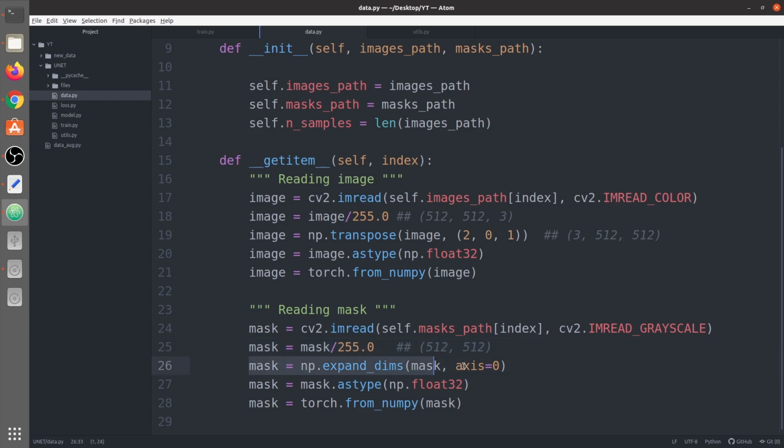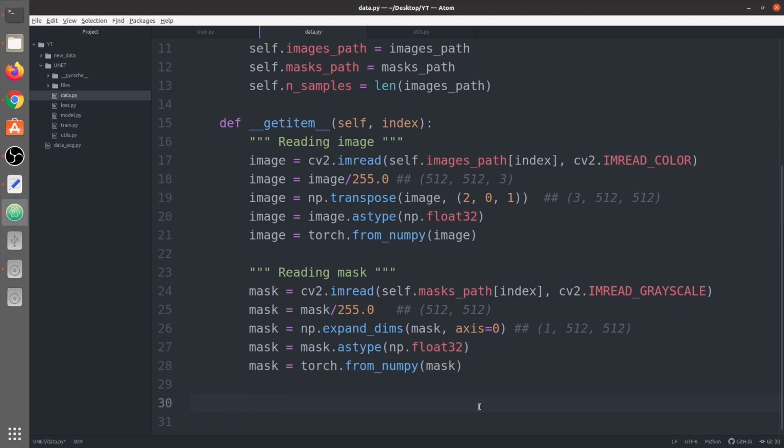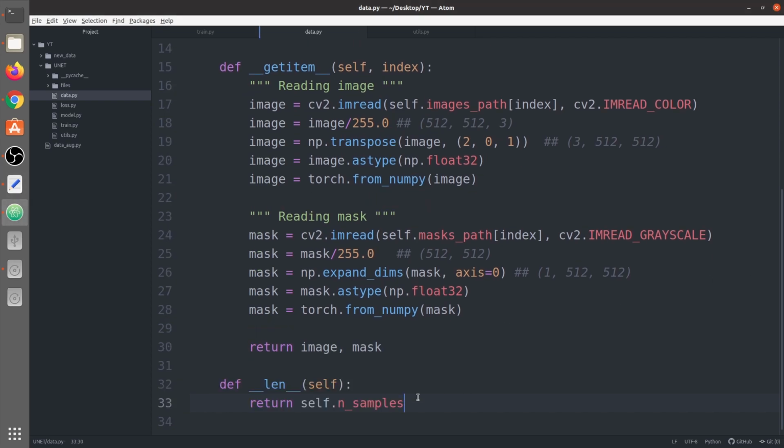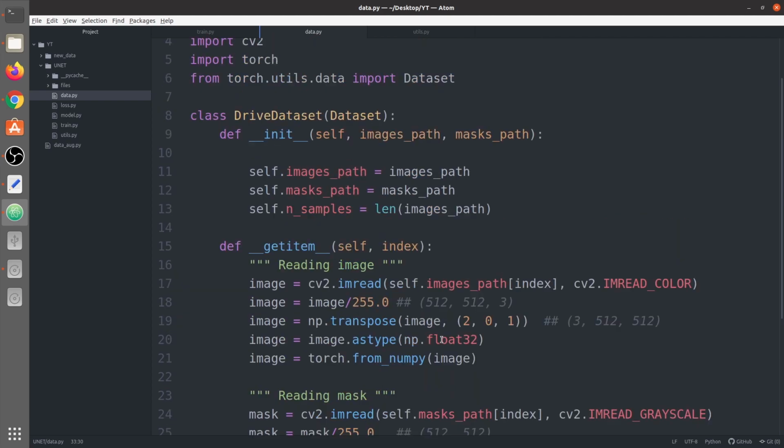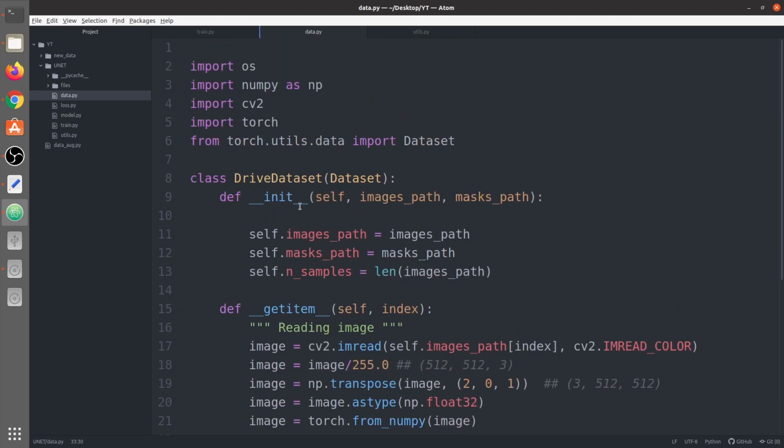Here we expand its dimension on the first axis, so its shape changes to 1 by 512 by 512, and it becomes channel-first. Then again the same procedure: we convert it to float32 and then a torch tensor, and we return the image and the mask. Last, we create another simple function called __len__, which returns the number of samples. So this is all about the DriveDataset class.